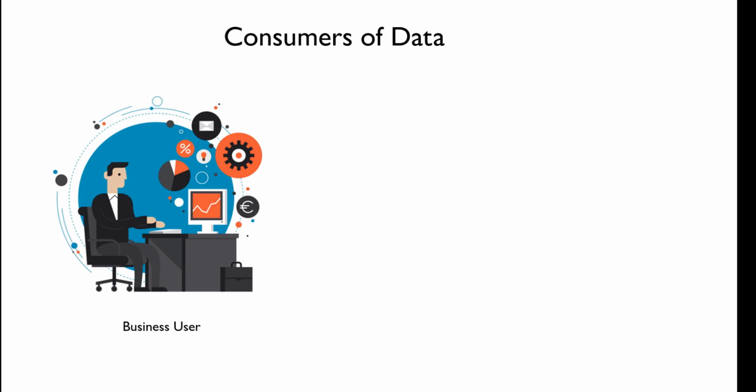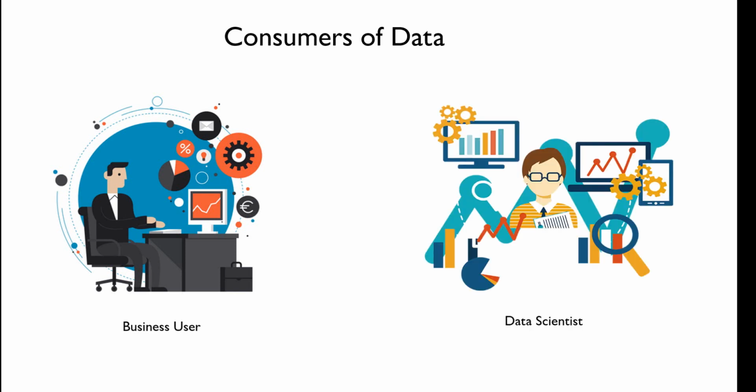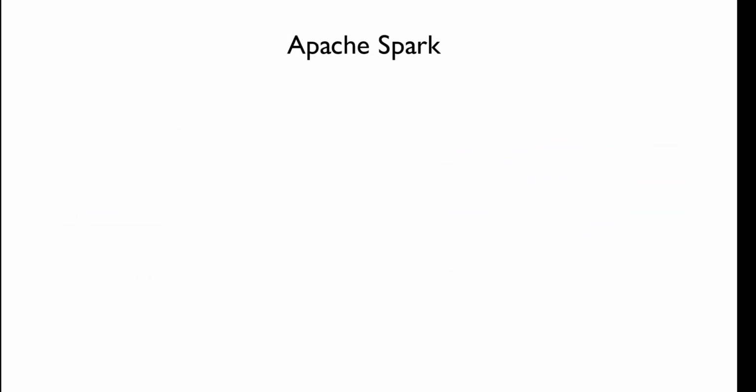Let's see together. First, the consumers of data, like business users, don't want to deal with the mess and the complexity of the raw data. Also, the data scientists want to keep working on data and extracting KPI features. And this is when Apache Spark comes in. Why Apache Spark? Because it's so fast and it has a powerful engine for large-scale data processing, whether structured or